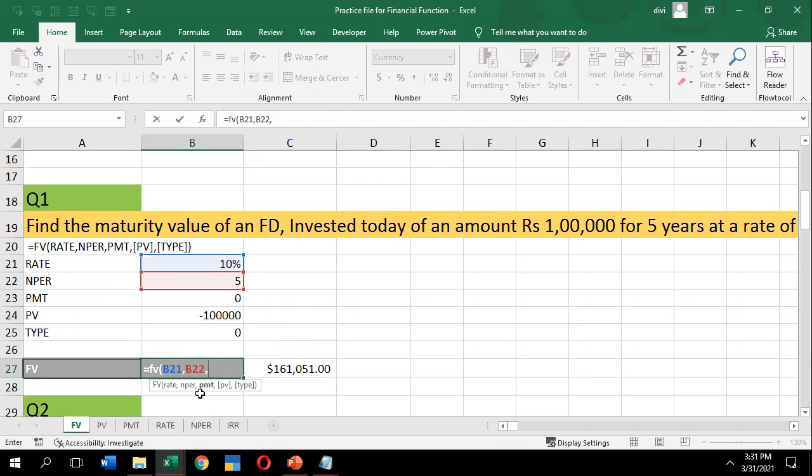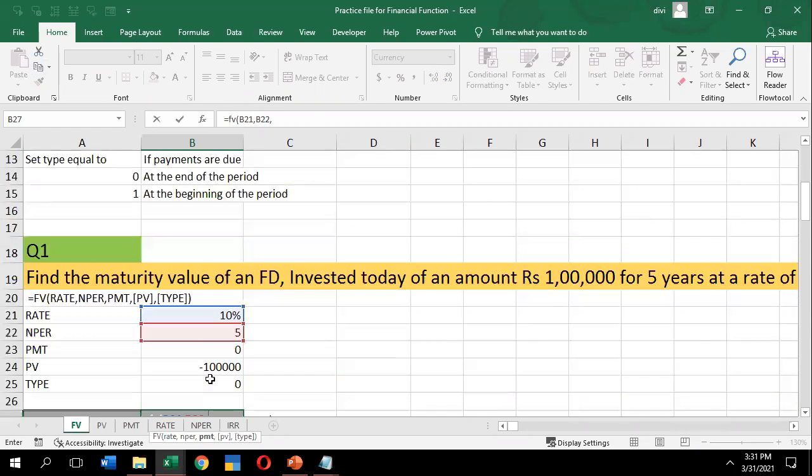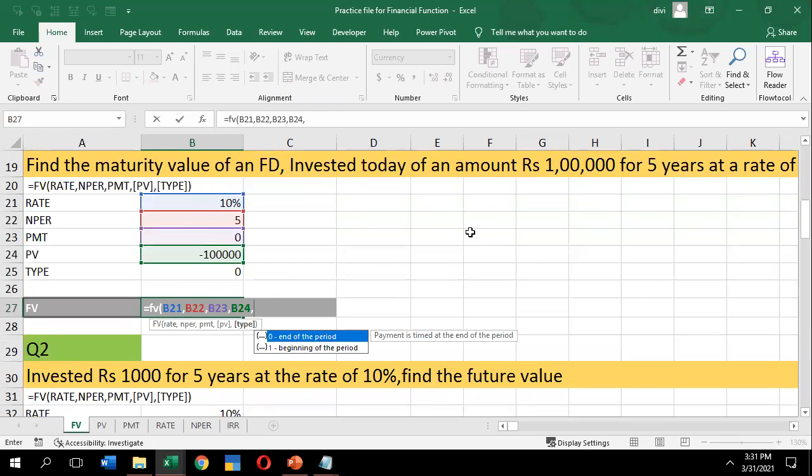Next is PMT, the payment made in each period. I didn't pay, so I give a 0 value, comma, present value, minus 1 lakh, comma. Then it asks for the beginning or ending of the period. I selected the ending of the period, so I just select 0.